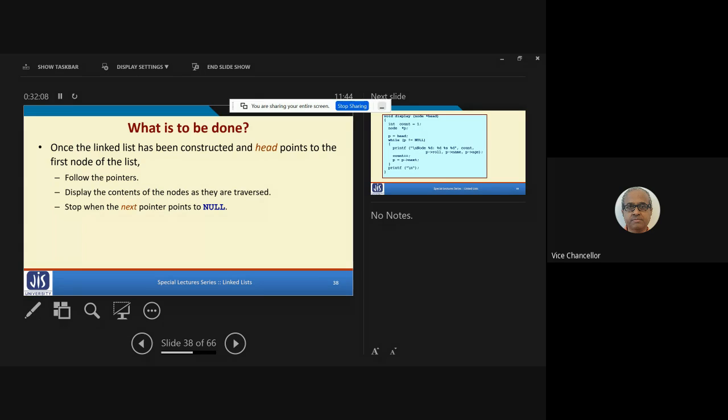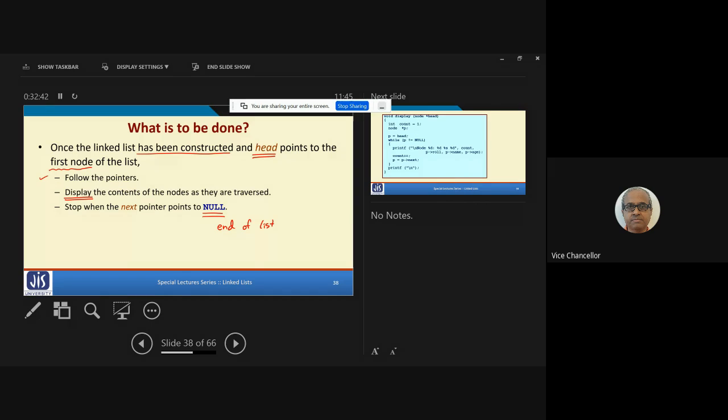So what we're saying is that once the linked list has been constructed, and we're assuming that the variable head points to the first node, we shall be following the pointers one by one and display or print the contents of the nodes one by one. And the process will stop when you find that the next pointer becomes null, which means we have reached the end of the list, right?